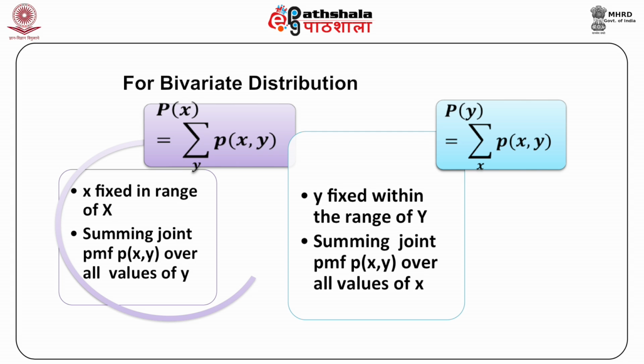Thus, given p(x,y) greater than 0, in the example of a throw of three coins, to compute the marginal probability of x, we have x equal to 0, 1, 2, 3, where p(x=0) is the summation over y of p(0,y), which is p(0,0) plus p(0,1), which is equal to 0 plus 1/8, which is equal to 1/8. In a similar manner, we can calculate p(x=1), p(x=2), p(x=3). Thus, in the present case, we have 4 conditional distributions of y given x.